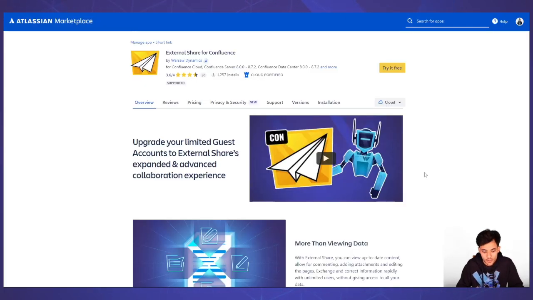Parsa, and I want to talk about external share for Confluence. This app enables organizations to share content outside of Confluence, outside of their instances. And when we say content, we are talking about spaces, pages, child pages. Really, depending on how that link or external link is configured, you can render a different view to the external